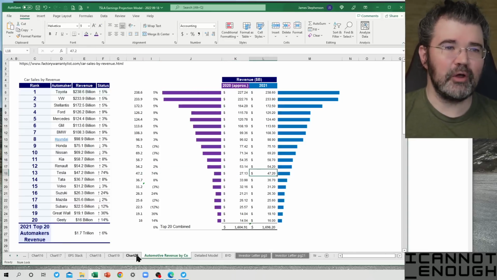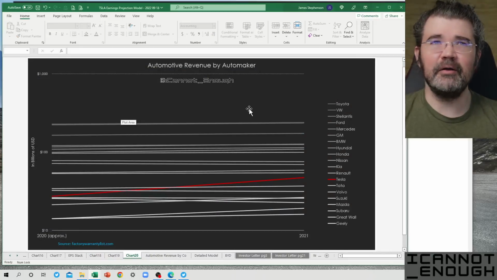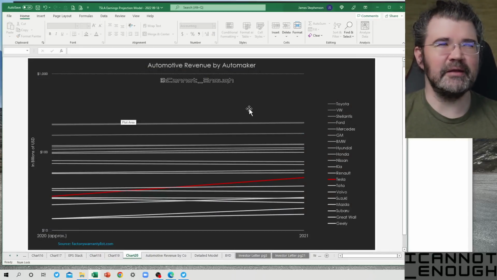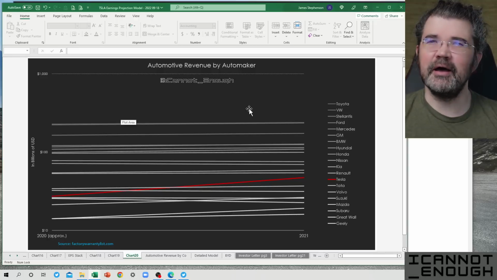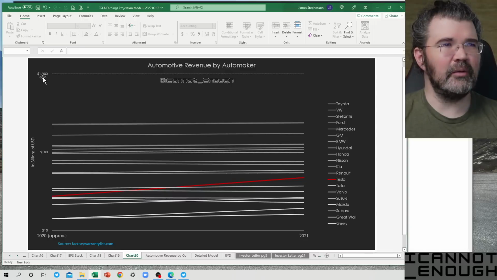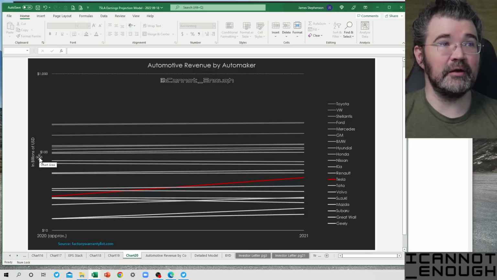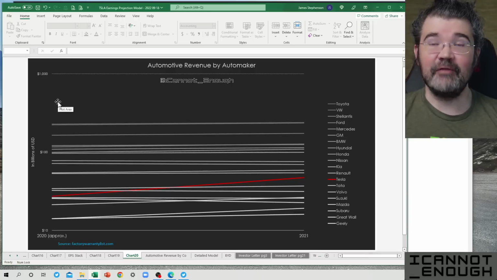All right, so here's the chart that I made. I like to put a dark background on my chart. Sometimes I do a gradient on it to make it look extra slick. In this case, I wanted to keep this really simple. I knew I wanted this to be a logarithmic chart, as opposed to a linear chart. On the y-axis, you can see I've got $10 here, $100 here, $1,000 here. So that's why